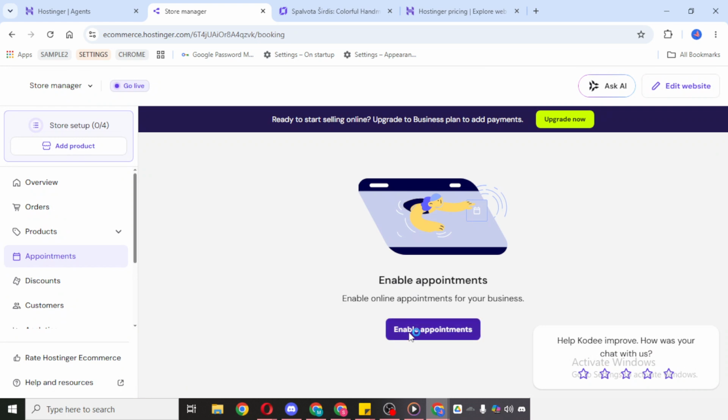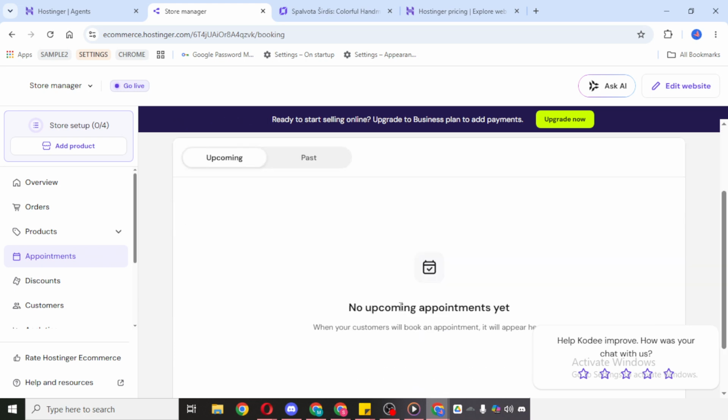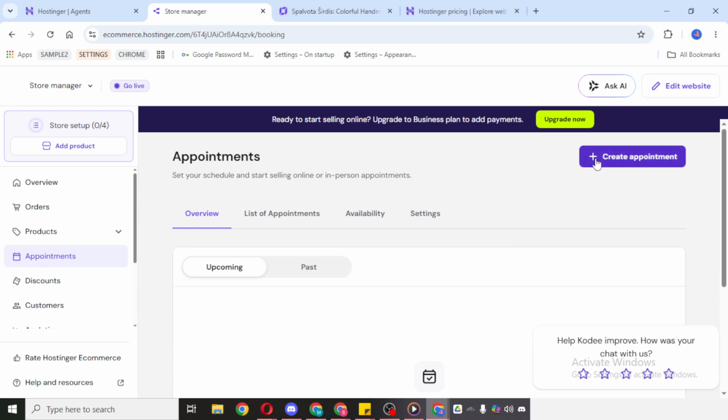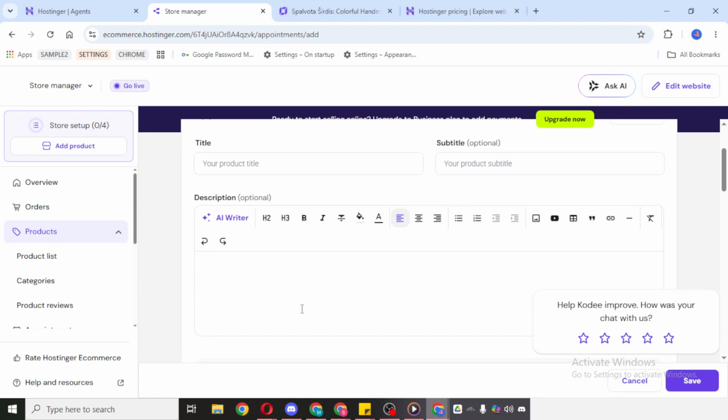After enabling appointments, click Edit Availability. This is where you can customize everything related to when you are available for bookings. Go through the settings carefully and adjust them to reflect your actual working hours or the times you want clients to be able to book. It's a good idea to review these details closely because your availability settings directly control what your visitors will see when they try to schedule with you.